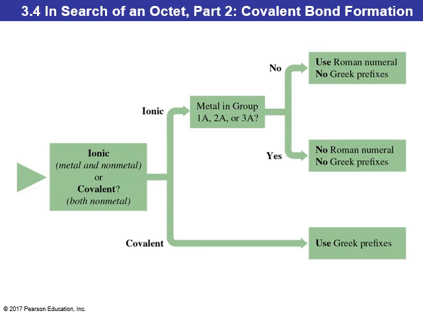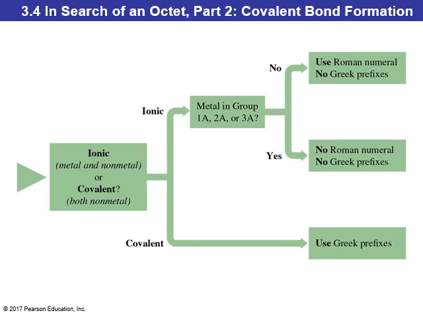If we went the other direction, if we had a metal that was not in group 1A, 2A, or 3A, if we had one of those transition metals, we would use the Roman numeral after the metal, like iron 3 chloride, to tell us that we have iron 3 plus, and that would also tell us that we have 3 chloride ions along with that, because each chloride comes with a -1, so you'd need 3 of those to make up for the 3 plus